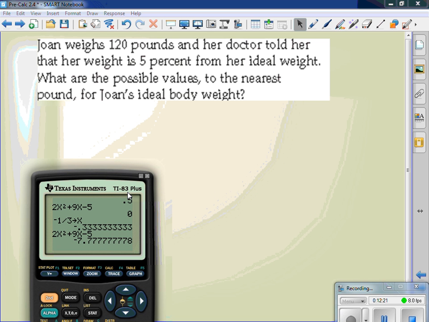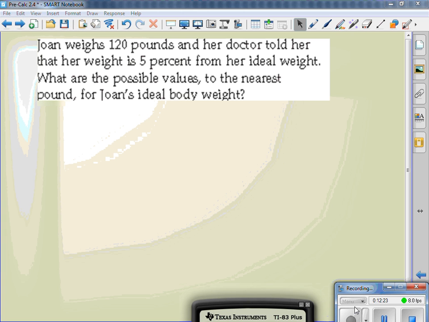Try this one. Just write it down first. You guys started to realize that she's 120 pounds. She's 5% from her body weight. She could be 5% underweight, or she could have been 5% overweight. So we have two problems. Okay. So if she's under,